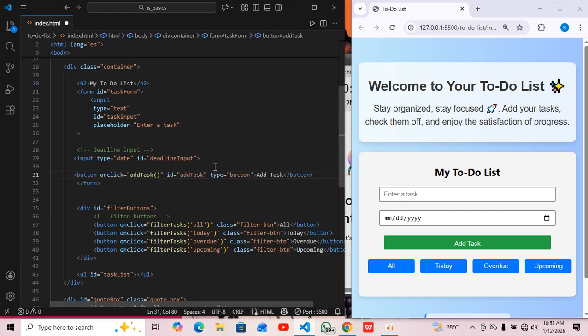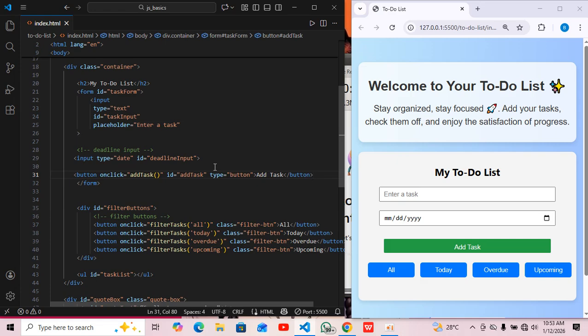So I just tried to put it inside the form. But when I placed it inside the form, it gave me problems because of the JavaScript. When I tap the add tags, it doesn't